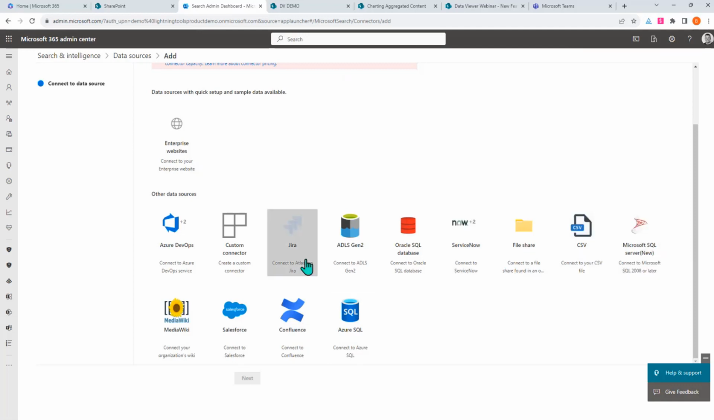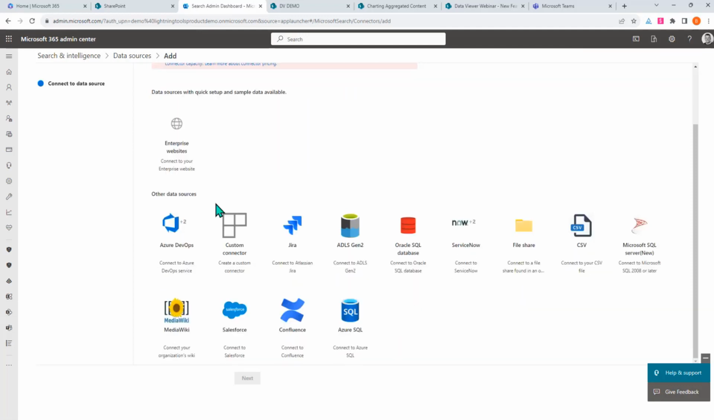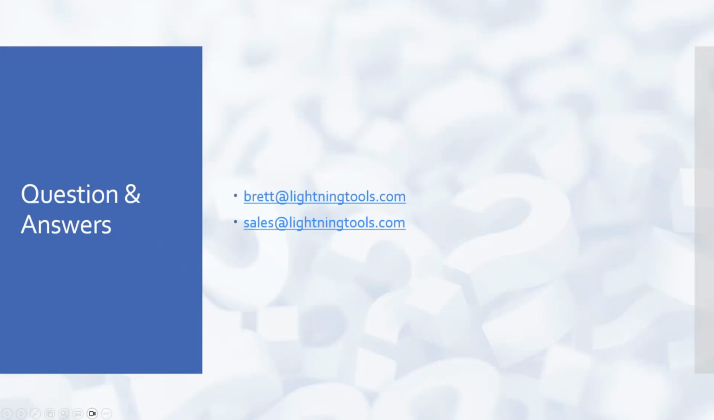But what you can also do is create a custom connector and build that connection yourself to whatever it might be. We can even connect to our website if we wanted to and display the content that way. So once that's configured, that can become the data source within the data viewer to display the results from that, and that would include the charts and so on as well. Okay, so if you want to know more about that, by the way, you can Google Microsoft Graph Connectors, or external graph connectors, and you'll be able to find some